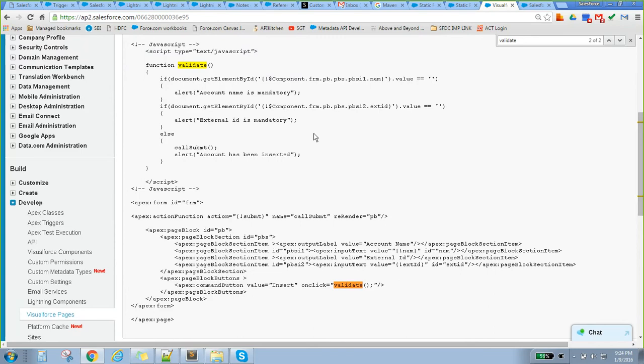JavaScript is very good actually, but writing JavaScript is a little bit hectic, because if you miss something, even a small or capital letter, sometimes it will throw a lot of errors. It is very hard to debug JavaScript. Any question? No, right? Okay. So this is about static resources: how to use JavaScript, CSS, or images.